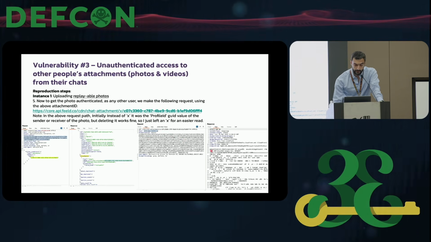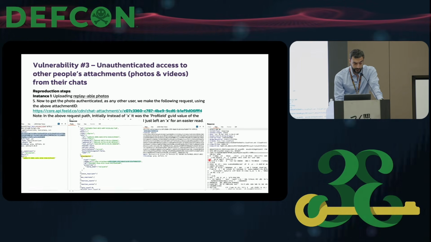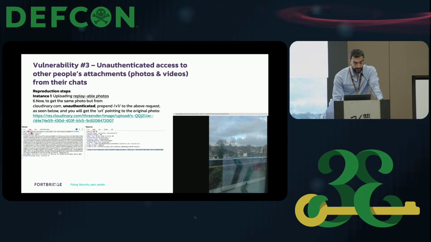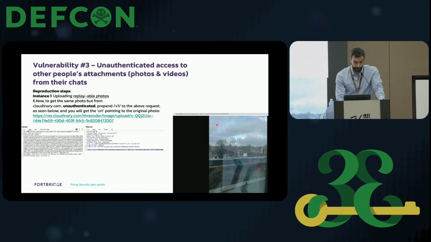So now that we got the photo as an authenticated attacker, let's see how we leak the unauthenticated URL. As part of the functionality of the application, there is an endpoint with v1 in front of it to this photo ID, which actually leaks us the URL to the third-party domain where we can access the photo unauthenticated. And this is what we did, and we have access to a photo unauthenticated on the third-party domain from my desk office. So that was just abusing their functionality.